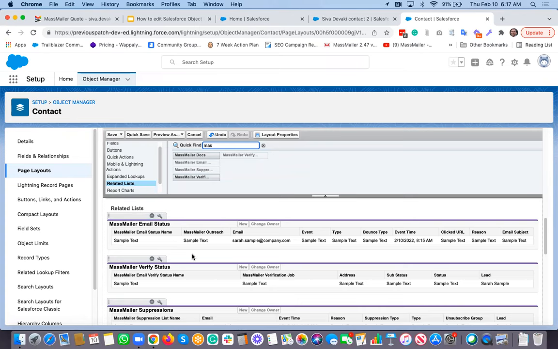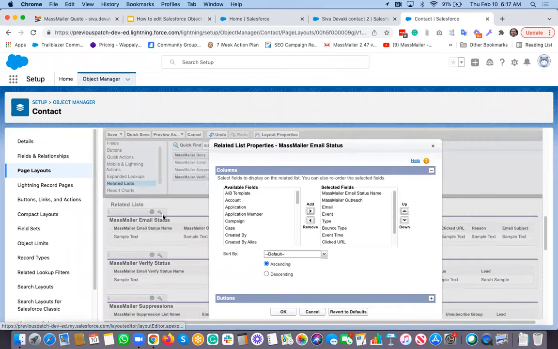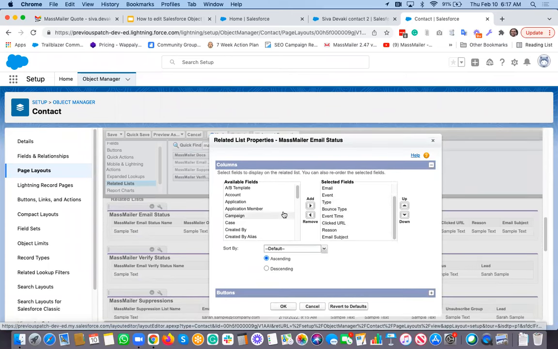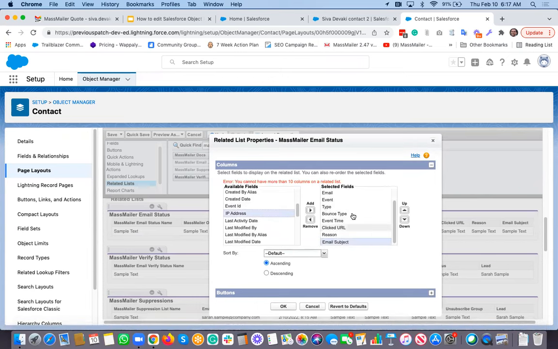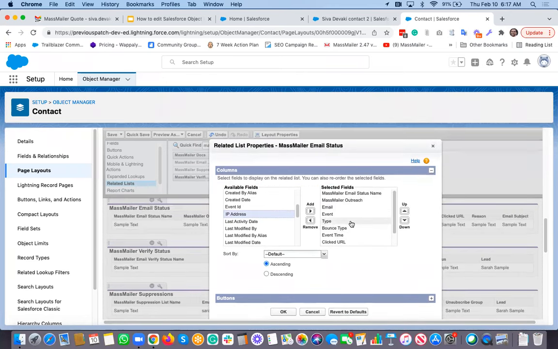And if you ever wanted to change specific columns that you see, for example, email status, by default, we already added certain fields, as you can see. But if you ever wanted to add any more, for example, IP address, right, you can add it. But it only allows 10 columns. That's why it's not added in our standard page layout. But you can always delete one from here. So for an example,